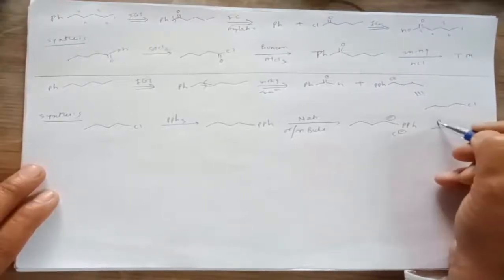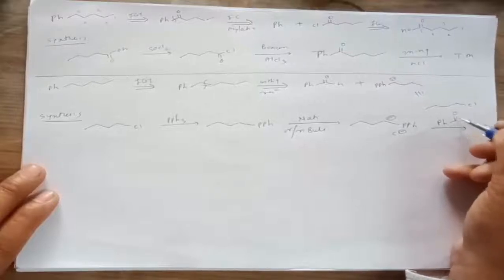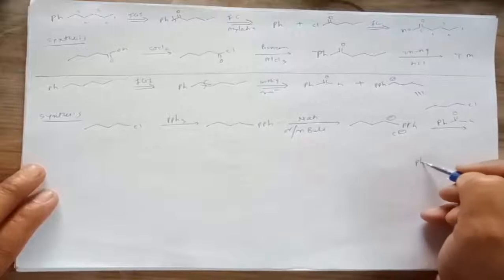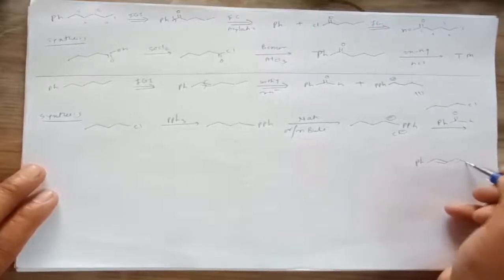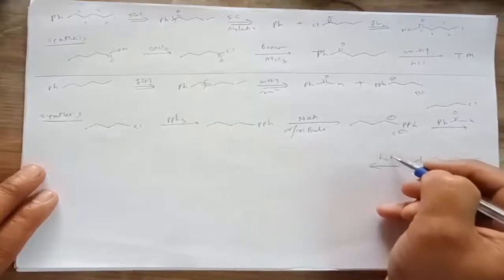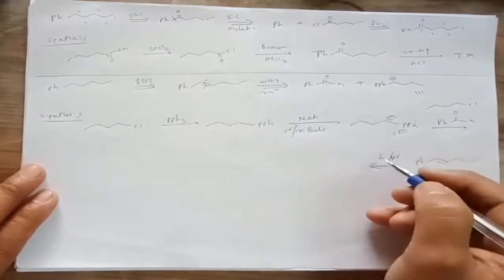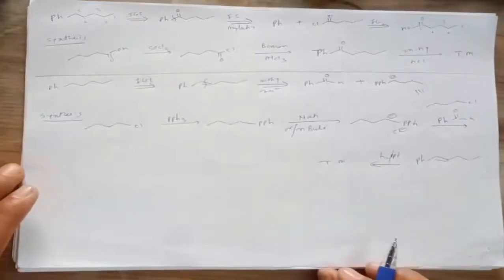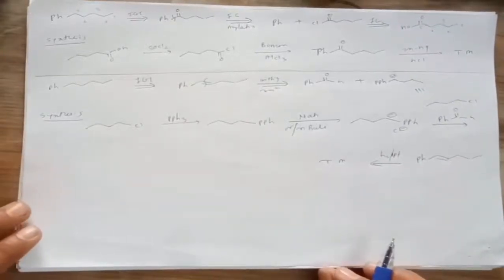And now we have to treat this molecule with Ph, C double bond O, that is benzaldehyde, and then what does it give? It gives formation of the olefin, that is Ph, CH double bond CH, CH2, CH2, CH3. And then if you go for reduction, that is H2 in the presence of platinum or palladium, it gives formation of the target molecule. Right? So this is the simple method to prepare this type of saturated hydrocarbons.